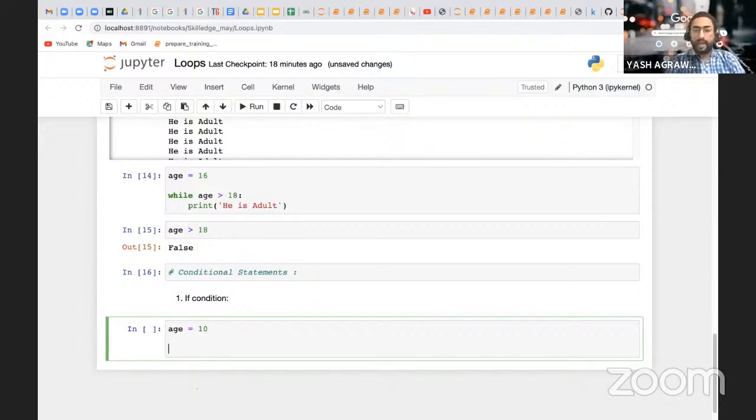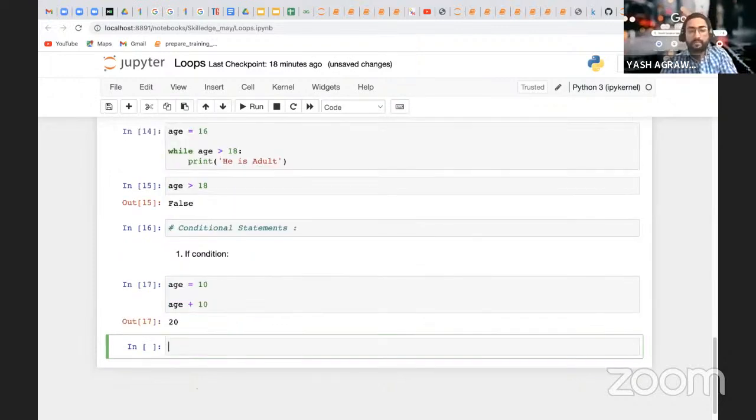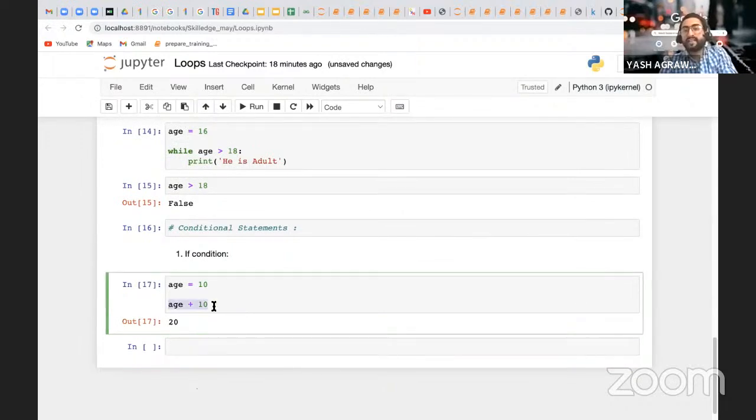So I will add age plus 10, right? So it becomes 20. But I want to add this 10 only if the age is greater than 10.